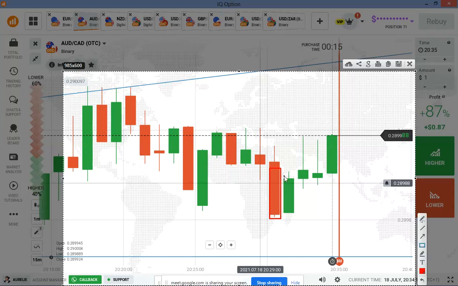After this strong red, the next candle was strong green, but not stronger than the previous red. So we can expect at least one bullish candle. Now, if this bullish candle is very strong like this, we can expect another bullish candle. But if this bullish candle is weak, just as this one is now, the body size is smaller than the previous one. And if you want to go with sellers, you check what happened on the left side.